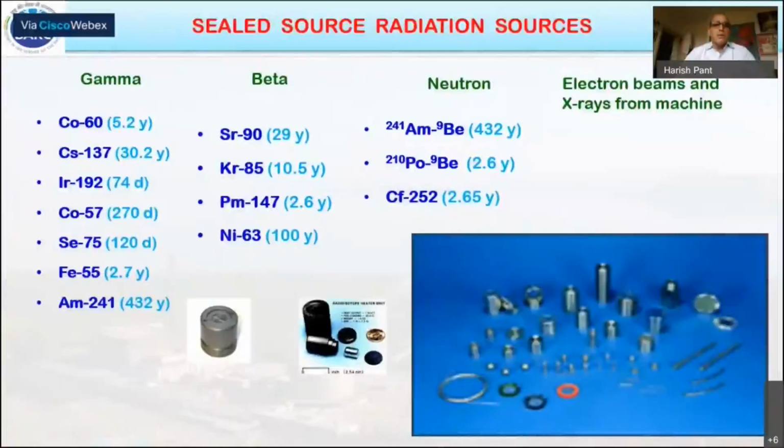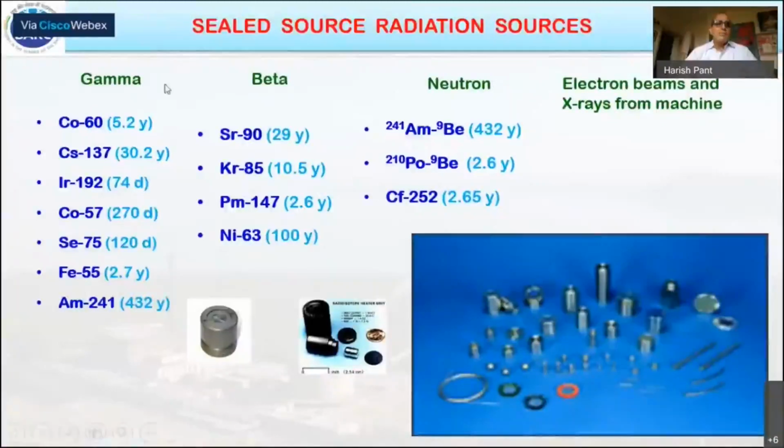As I told you in the first lecture, the sealed sources are those radiation sources in which the radioactive material is contained inside a sealed container in the form of a metal or a capsule or in the wire, and the radioactive material never comes directly in contact with the environment. Only that beam of the radiation is emitted from the source, and we utilize that beam for the various applications.